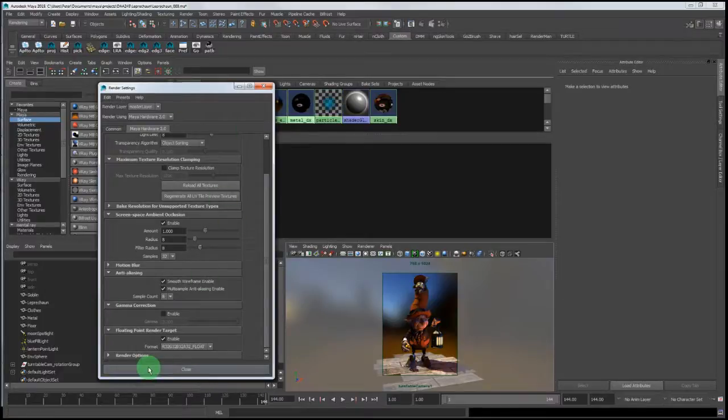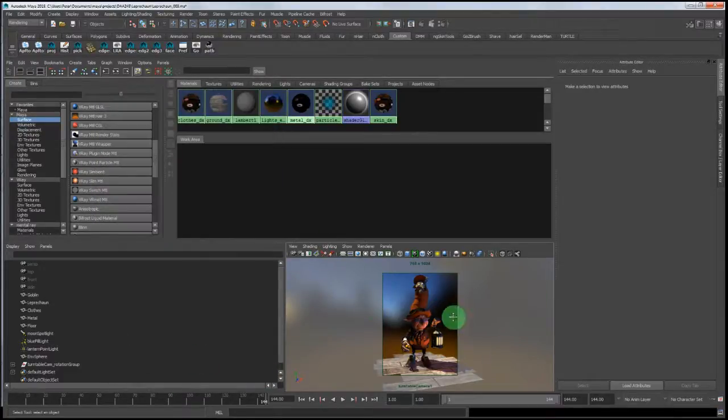Okay, and once all those settings are set, as I've explained them, then you can go ahead and close this, and then to actually render out those frames,